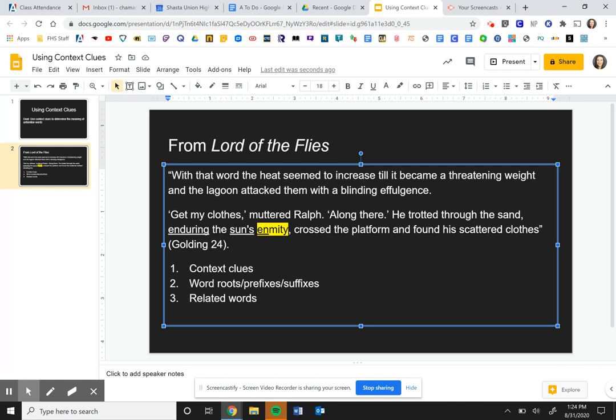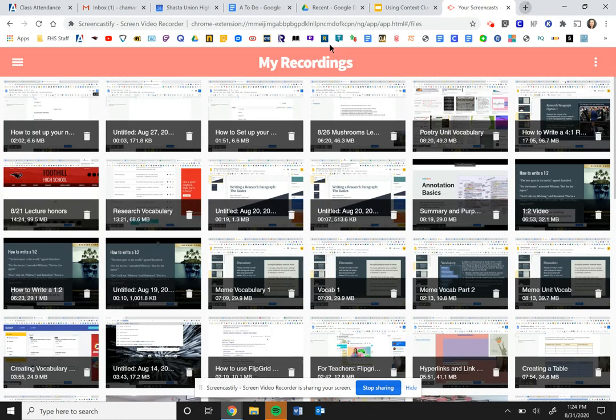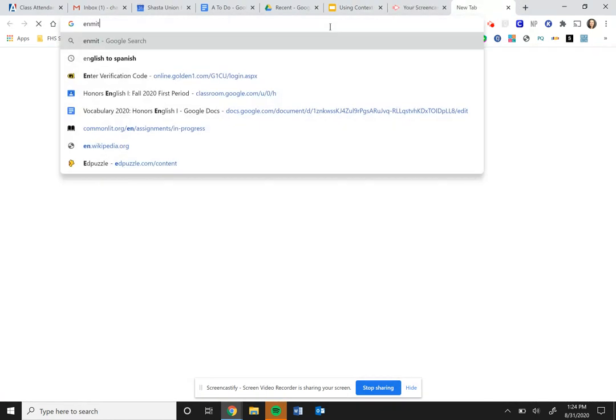So I'm kind of thinking that if the enmity is something to be endured and it has to do with heat, maybe it means something like, and here's my prediction, maybe it means something like force of nature or negative threat element. All right, so I've made my prediction and I feel pretty confident about it based on my context clues. Let's take a look at the actual definition of enmity